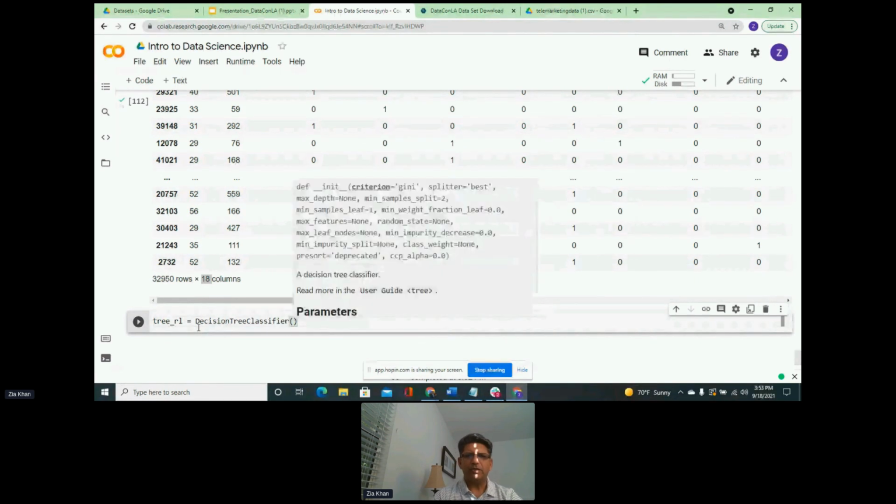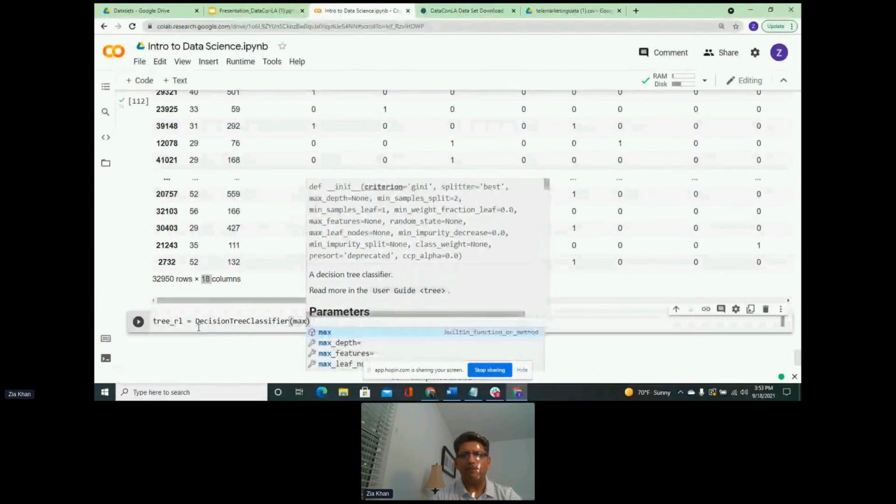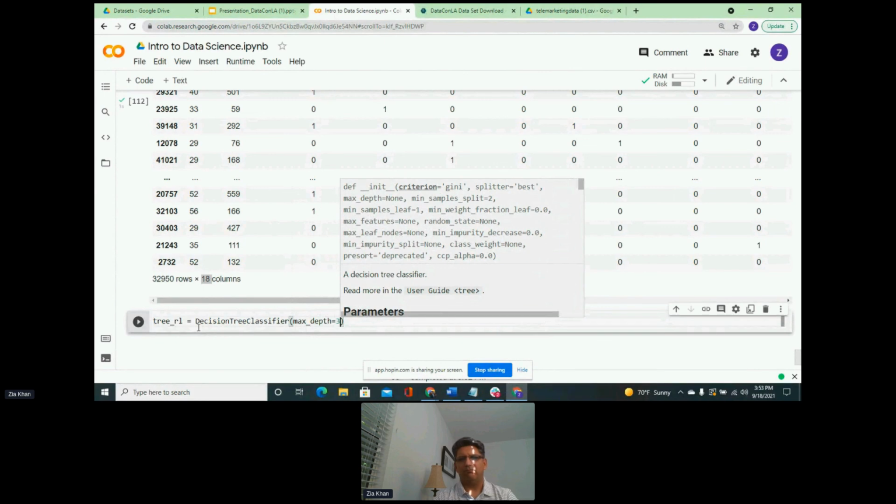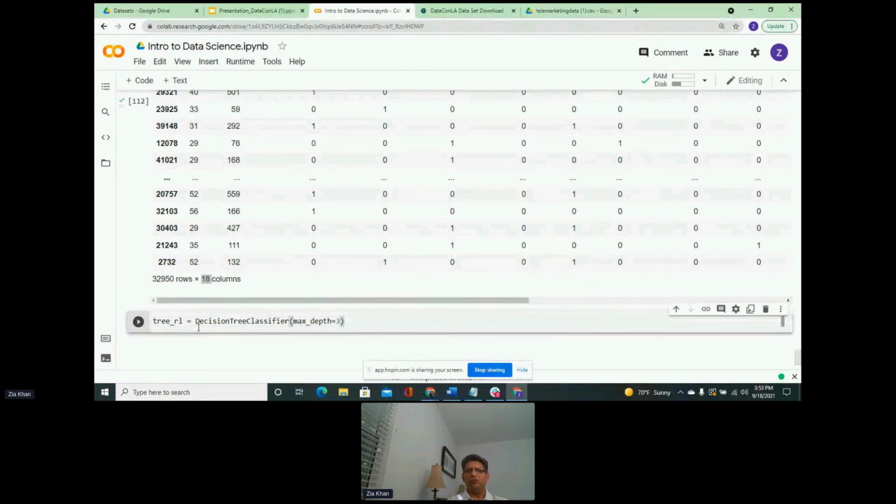But I am actually going to tell the classifier, do not build the full tree. I just want smaller trees. And how do I pass that to the algorithm is I'm going to say maximum depth, my friend. The tree for you is only 3. I do not want you to build the full tree. I just want you to do 3 if and else statements. Once you're done with 3, forget about it. Move on to the next one.